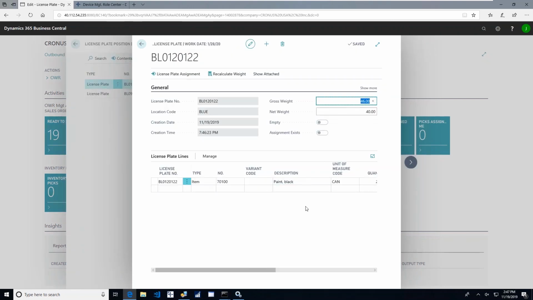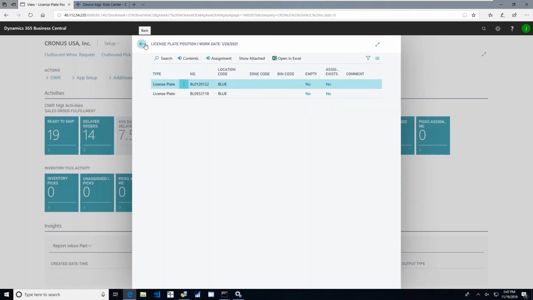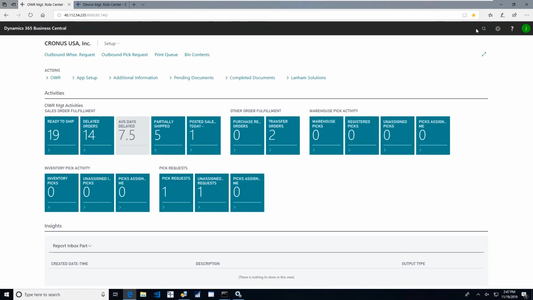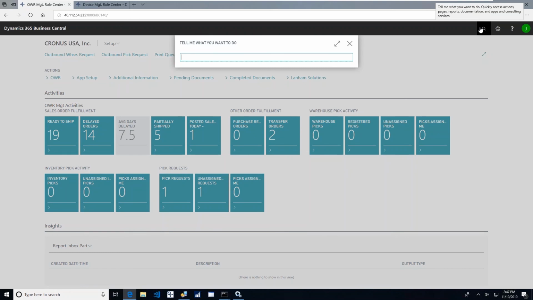If I'd captured a variant, if I'd captured a lot number, then I can see that that's there. So if you are by chance a distributor that accepts a pallet and then transships it, you could use that license plate in other processes as well. So it's there for blue if you want it. If you don't want to use license plate, that's fine. I would just turn that off, and I'll show you a new setup area so you can see what that looks like. It's my RF location list,